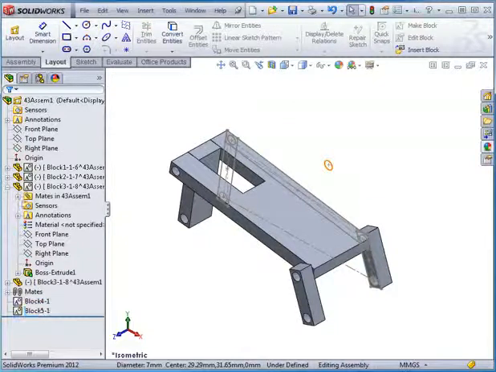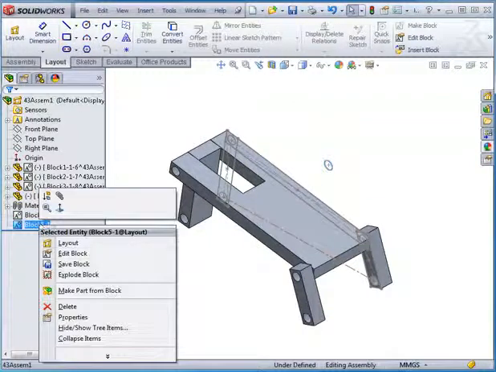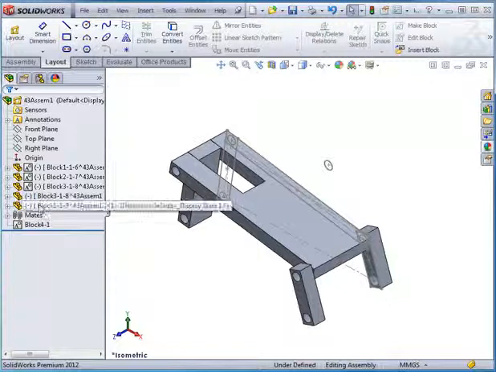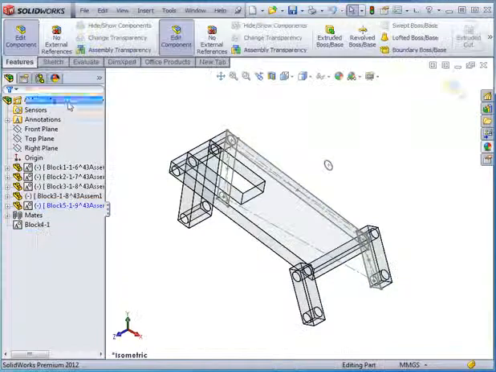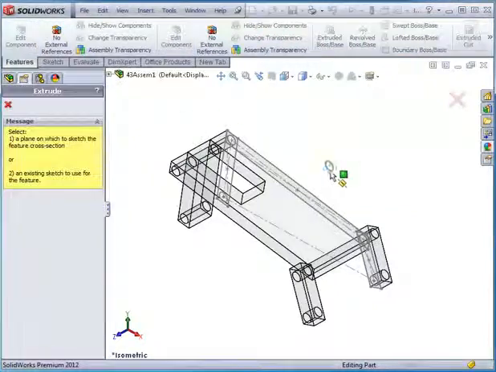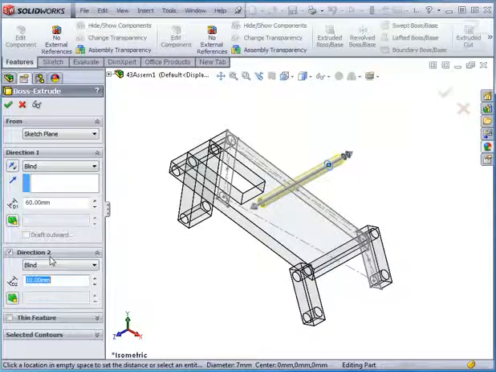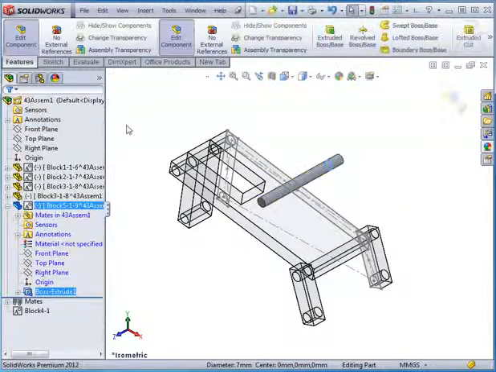I'm going to right-click on Block 5, select Make Part from Block. Let's choose the On Block constraint. Accept. Now let's right-click on our new part, select Edit Part. Activate the Extruded Boss command. We'll extrude 60 millimeters in direction 1. And 10 millimeters in direction 2. Accept. Let's exit part editing mode